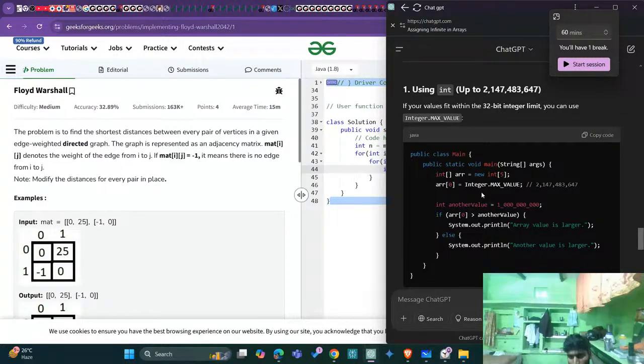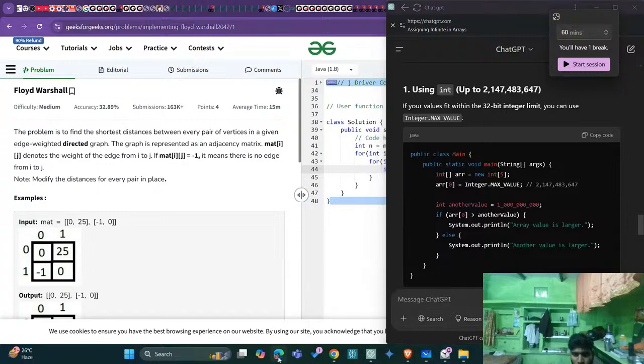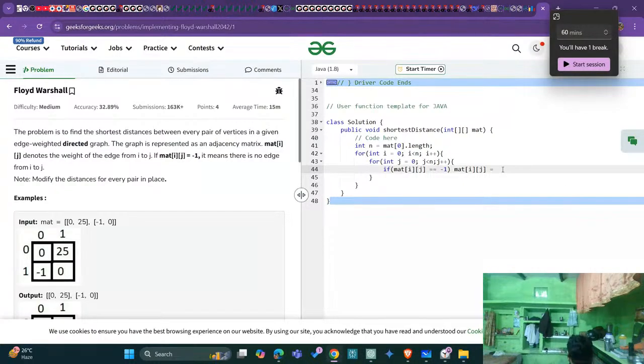All right, all right. Integer.MAX_VALUE. So we can do this max value thing: Integer.MAX_VALUE. If we are assigning this, we are going to infinite. And